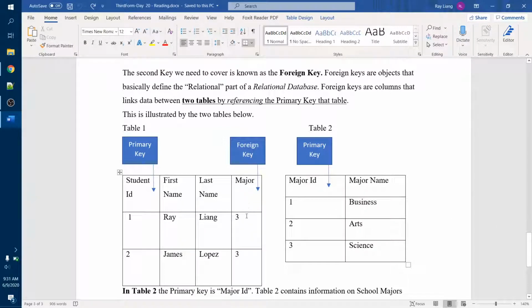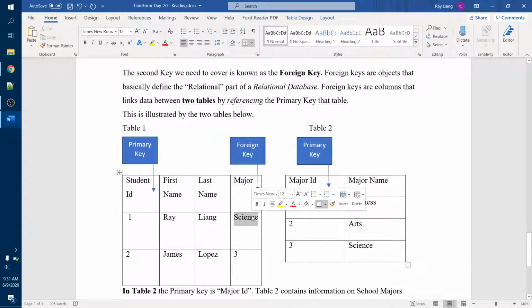So that's what it is. The major for Ray Liang is science, and then the major for James Lopez is science as well. The reason why there are relations like this is because text data uses more space than numerical data. And some of you might have been thinking, well, why didn't I just put the major and be done? Well, you're using more space here. And also,